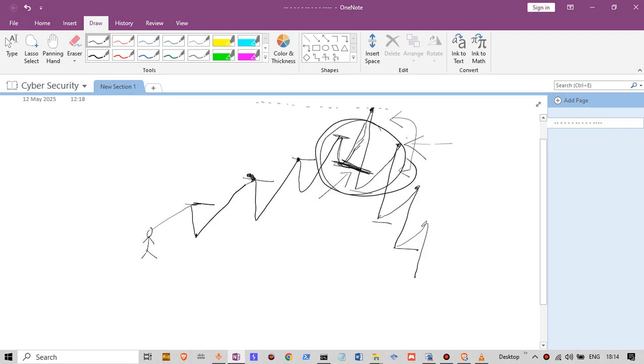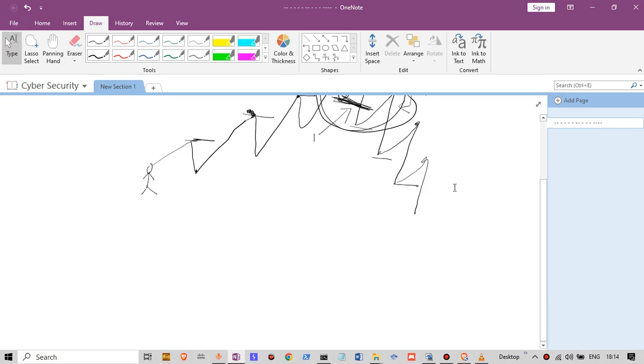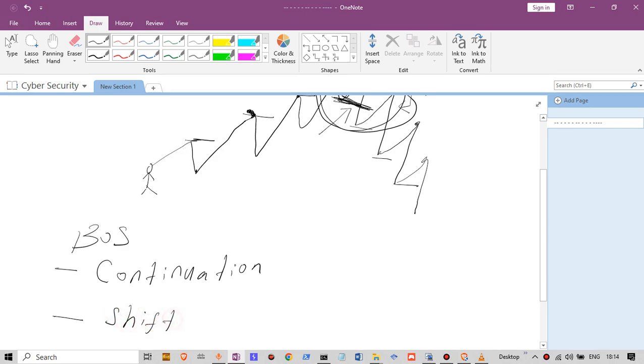You understand? So in summary, you have two types of break of structure. You can call it BOS. Two types of break of structure. You have the one that shows a continuation. That is the first type of break of structure. And you have the other one that shows a shift entirely. You can call it a shift. You can call it a reversal. Call it whatever suits you.